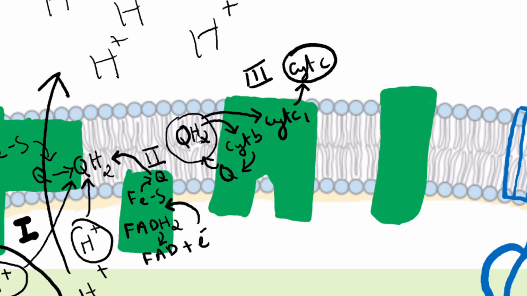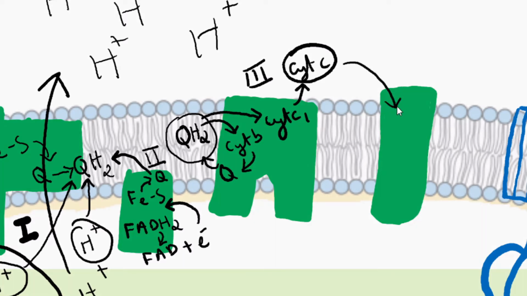So in this step, QH2 will be oxidized and those electrons will be passed on into the cytochrome B and cytochrome C1 of complex 3, and the final acceptor of those electrons at complex 3 will be cytochrome C. So therefore, cytochrome C will be reduced. In the next step, cytochrome C will be oxidized, so cytochrome C will now lose those